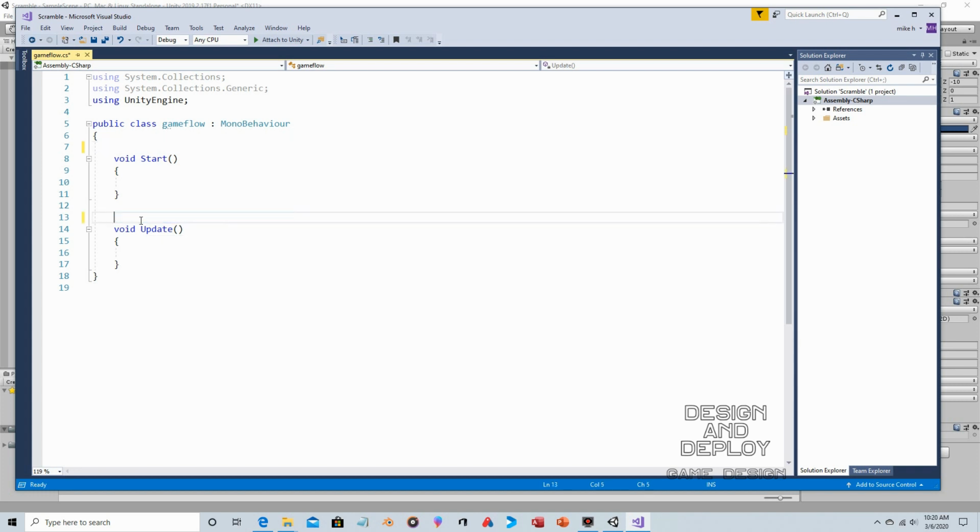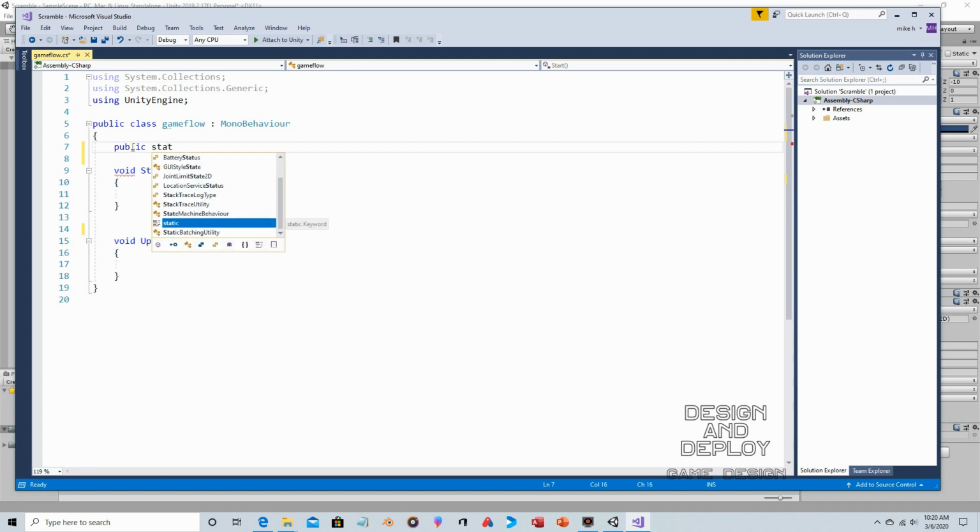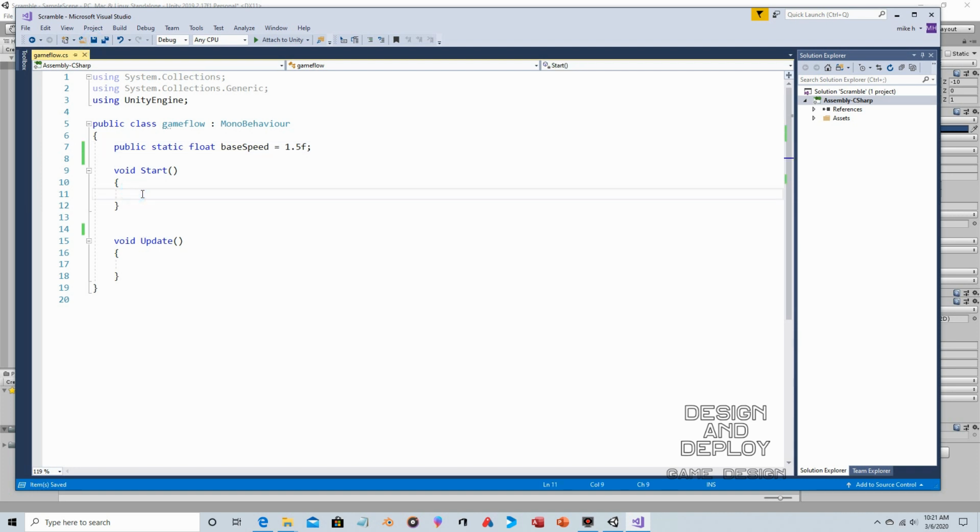It's purely internal documentation. We are first going to create a variable, which I'll explain why we need it in a minute. So this is going to be a public static float, and it will be called base velocity, and will sit at 1.5f. In the start section, we're going to issue a command that we want the camera to move at that speed. So get component, rigid body 2D,